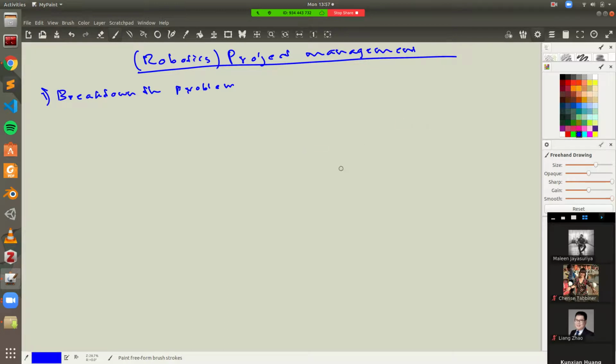So let's talk about a typical robotics problem. Obviously, if you're talking about a typical robotics problem, you need the robot, right? So if you're breaking down this problem, the first component that you have to think about is the robot, right? So you would have a robot. This is my general idea of a robot, and this can be either in